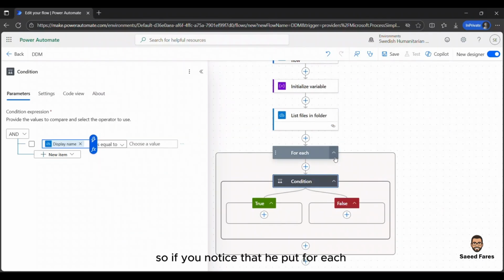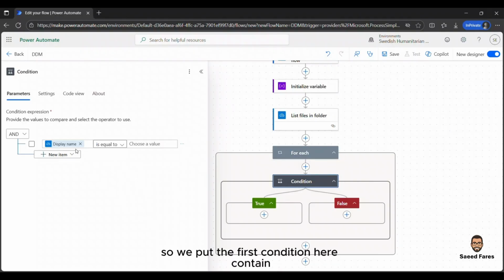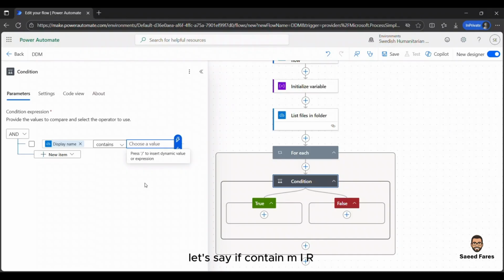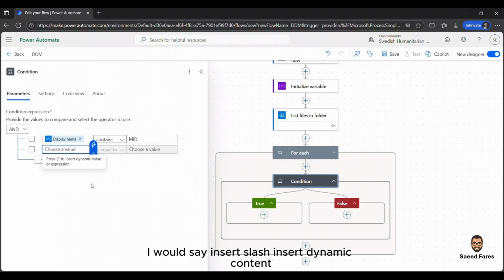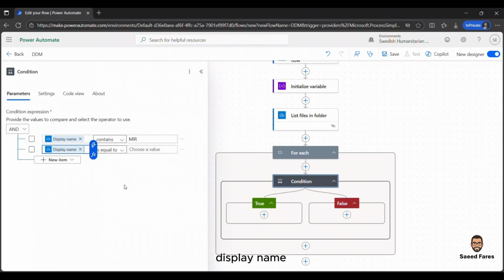If you notice, he put a for each around all the loop that we have. I will tell you why he put for each when we are finished with the condition. So we put the first condition here, contains MIR. Let's add another row as well. I will say insert slash, insert dynamic content, display name,